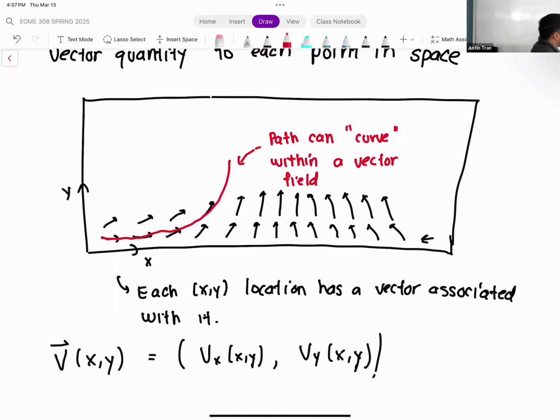And oftentimes, quantifying that curvature, or quantifying how much your path is going to change directions within a vector field, is something of great engineering significance. Oftentimes that's something that we want to compute from these vector fields. For example, a lot of times we use vector fields to represent the velocity field of a fluid. If you have airflow going over an airplane or past a car, oftentimes you want to use a vector field to describe the path of air going over that system, and you want to see how much that air is going to swirl.